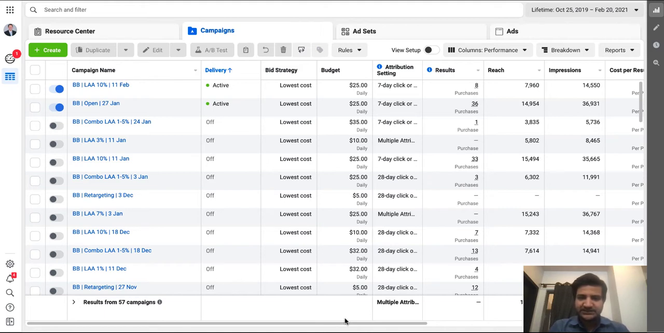So the first change is regarding the attribution window. You can see that now your default attribution window is 7-day click or 1-day view. Before it was 28-day click or 1-day view. So what is going to happen is any conversion happening outside the 7-day window will not be attributed to your